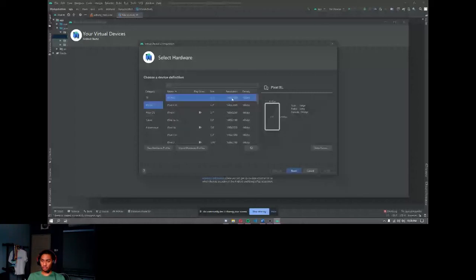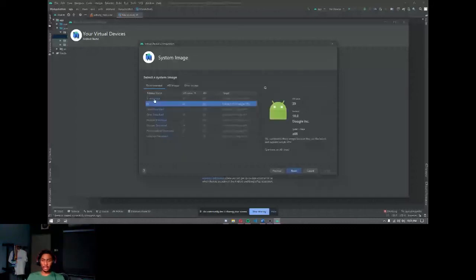So I'm going to go with 3A XL and click next. Over here, in this page we can pick what Android version we want the virtual device to run. So we have Android 11 here, Android 10, Android 9, and until Android Lollipop, Android 5.